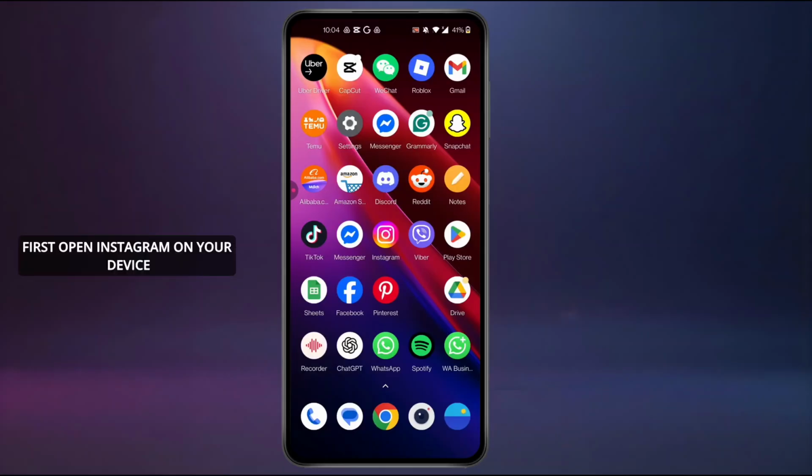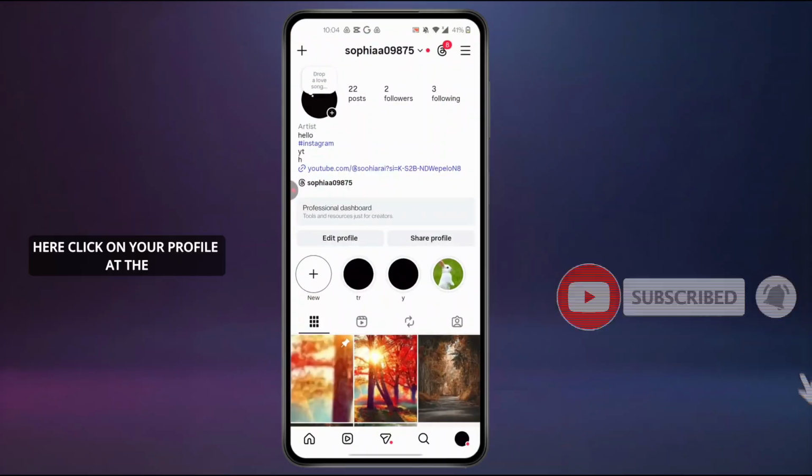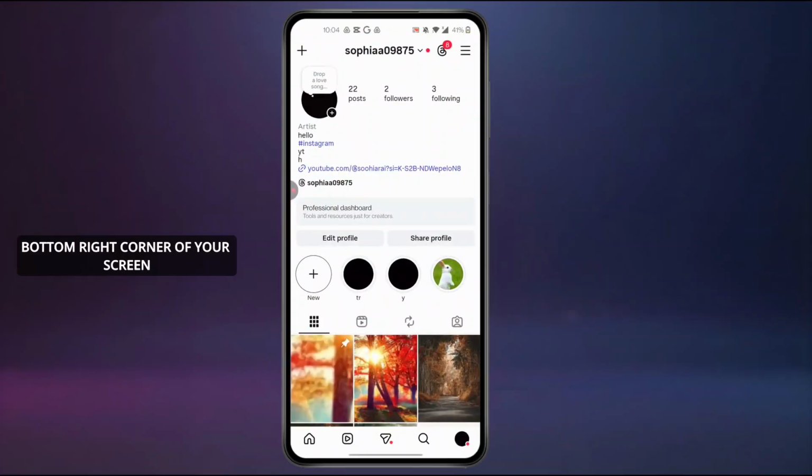First, open Instagram on your device. Here, click on your profile at the bottom right corner of your screen. Now, if you have deleted your draft, what you can do is go to your profile, click on the three lines at the top right,